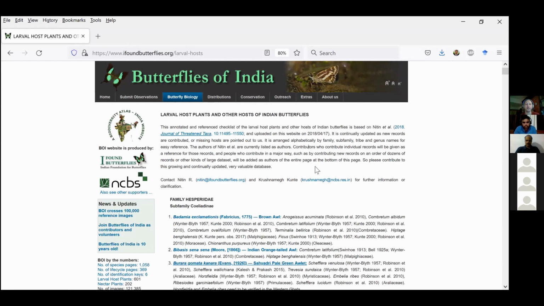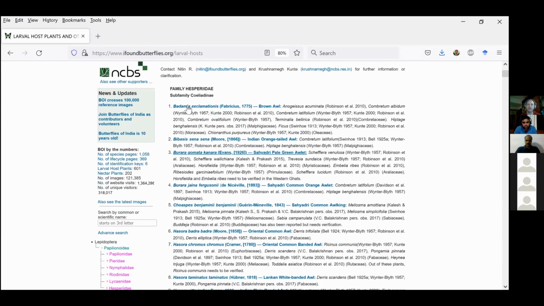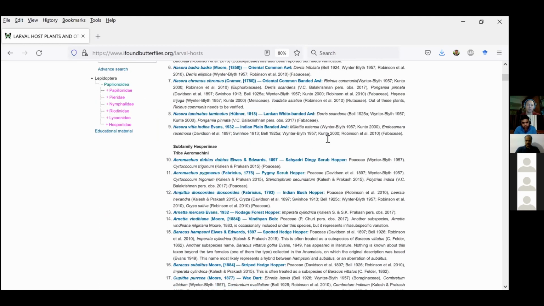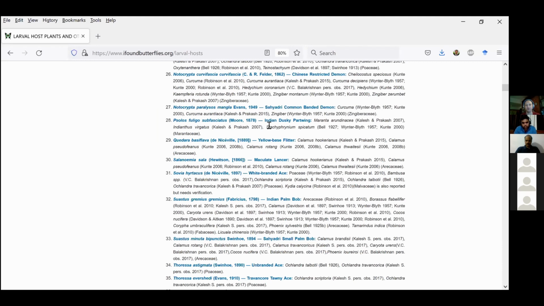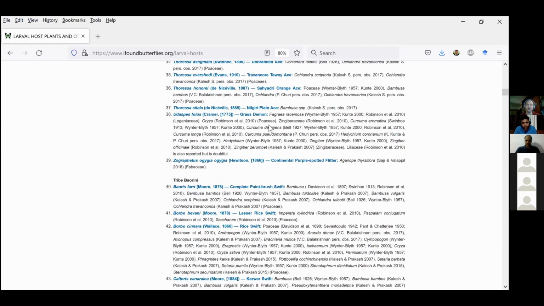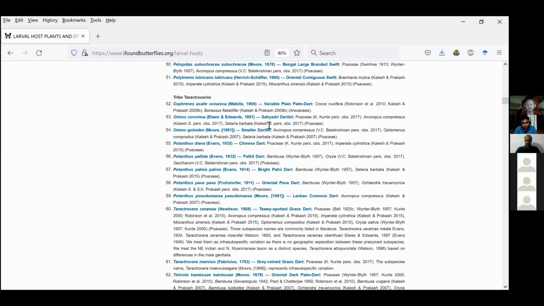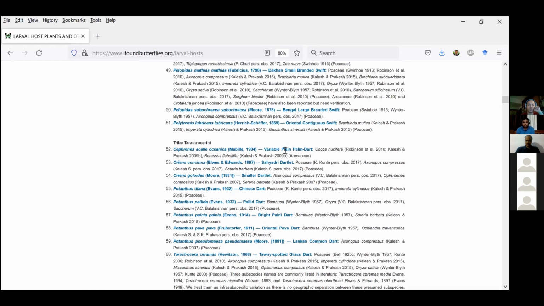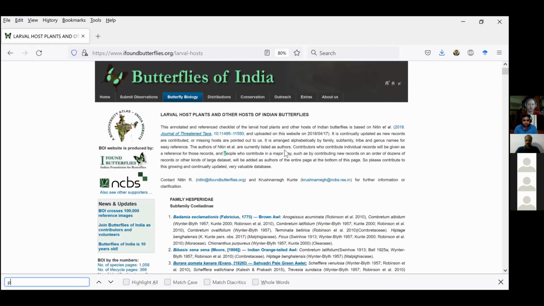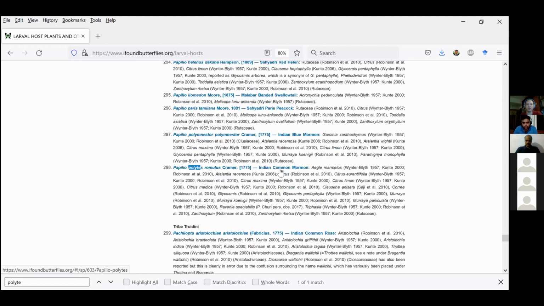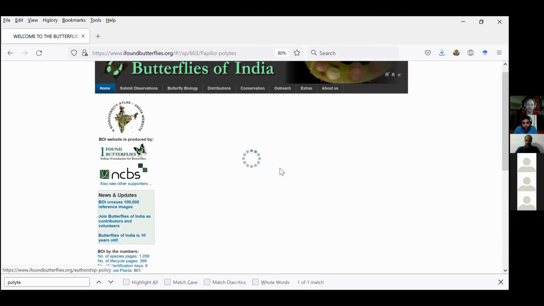Go visit this website. On this page, you will see a species-wise list. This is Brown Awl. So all the plant species on which Brown Awl feeds are given here. And this is done for all the South Indian butterflies for which larval host plants are known. If you find anything which is not in this list, please send me an email and I will be happy to add it here. We are keeping this regularly updated. So we would like to have all the records of larval host plants on this. And if you want to know what the plant looks like, for example, you can go to Common Mormon. If you click on the Common Mormon page here, it will take you to the species page.